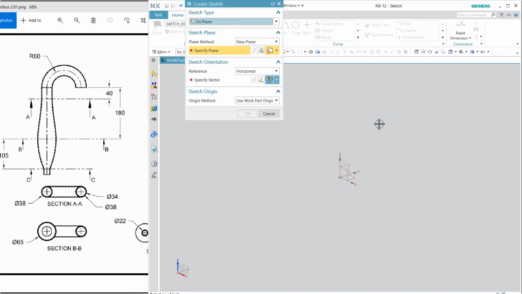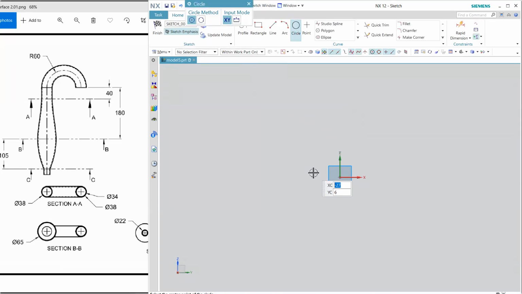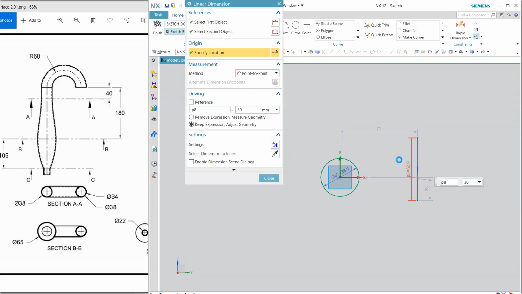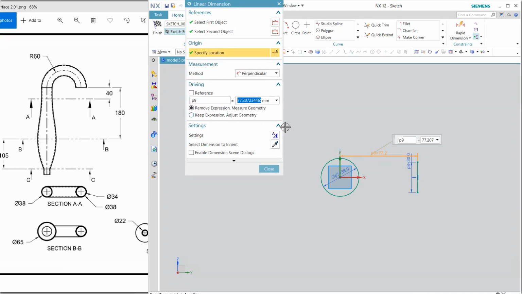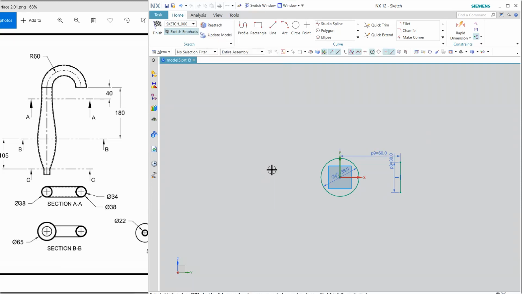Select this and click here, and I'm going to create a circle, and this circle is 38 in diameter, and I need one line. Okay, and dimension it, because I'm going to use this line as an axis line, and the distance is 60 radius. So this line will be 60 millimeter away from this origin. Now exit